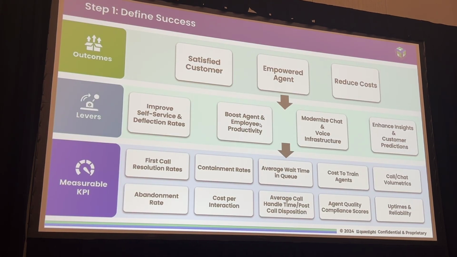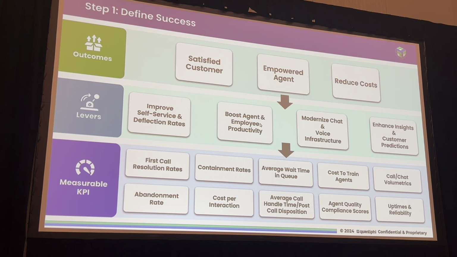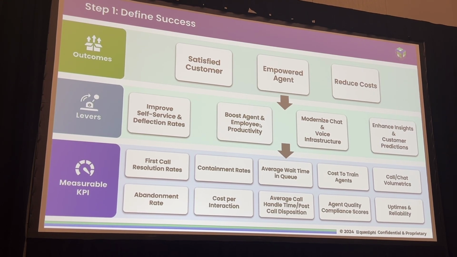Now, looking at how you define success, right? Like I said, three broad outcomes is what you should be looking at. Is your customer satisfied? Is your agent empowered? And are you saving costs with using this technology? The broad levers that you can use to control these outcomes are: improve self-service deflection rates, boost agents' productivity and efficiency,